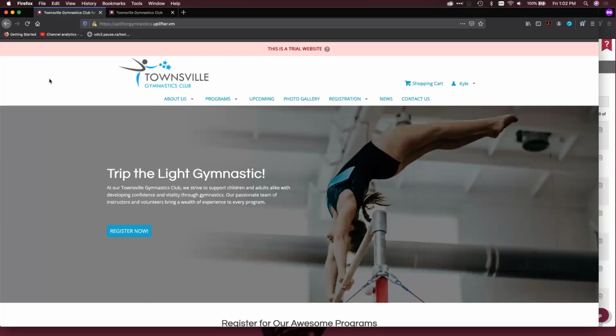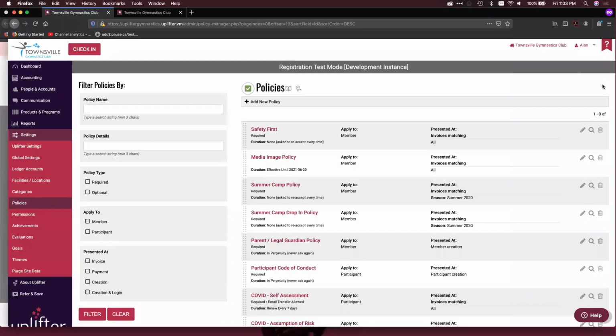But with the new features that we're going to be launching next week, we're going to allow you to handle policies in a far greater number of use cases. And we're hoping that a lot of these policy changes will allow you to handle elements like concussion policies and policies that you might have with respect to COVID-19.